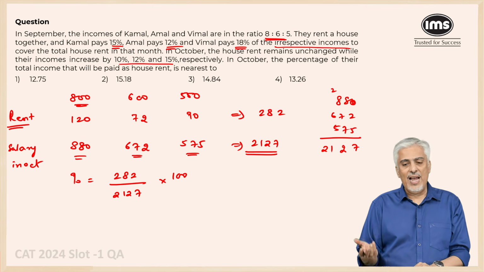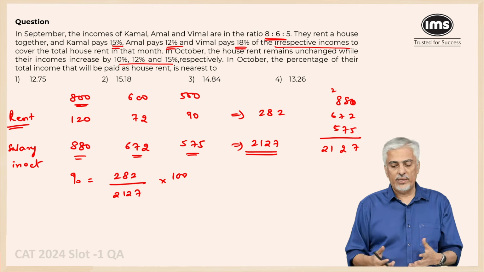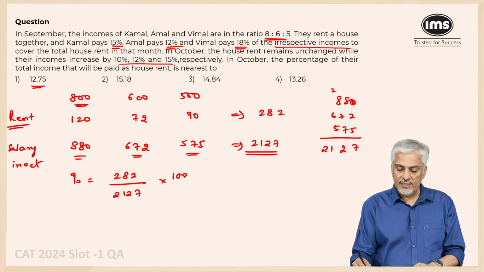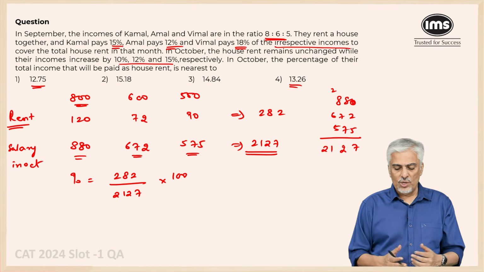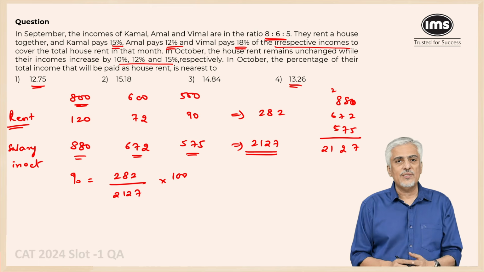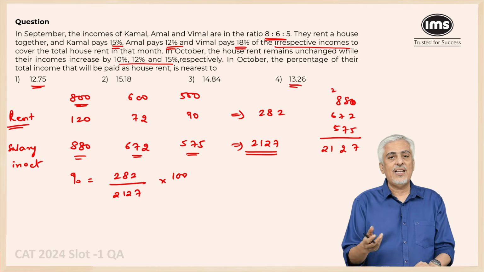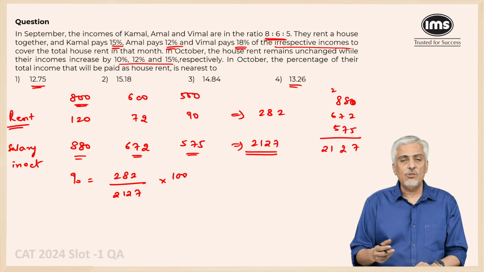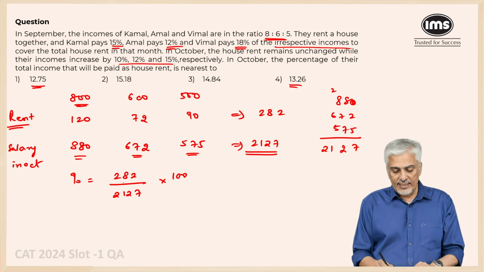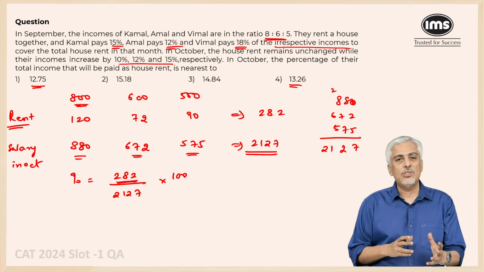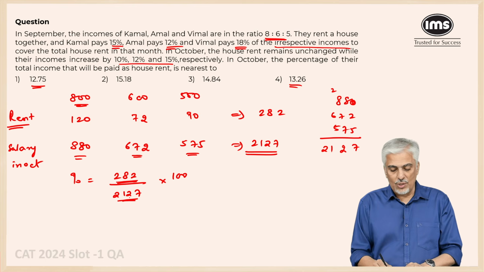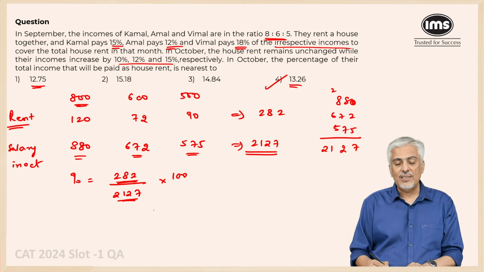Now, again, you have the calculator, you can use it or you can avoid it. So this is below 13, this is above 13, 14, 15. So I just need to check, will it go to 14% or 15% roughly? So 282 into 13 is how much? You can just check 2127, cut 10%, we know 10% will be 212. Now, if you have already taken 212, you're left with roughly 70, which is going to be roughly 1/3. So I would go directly for 13.26%, but in an exam situation, I will always advise you to check it